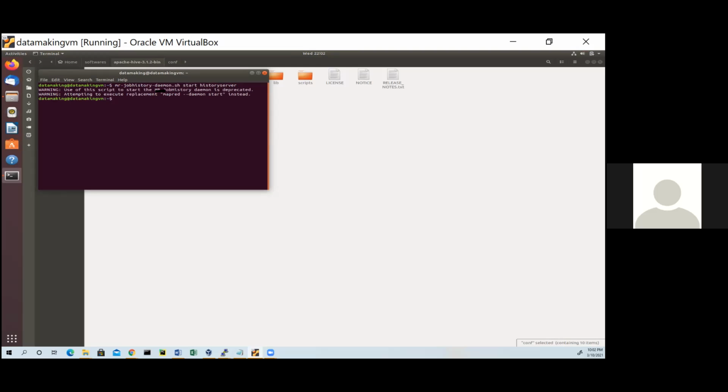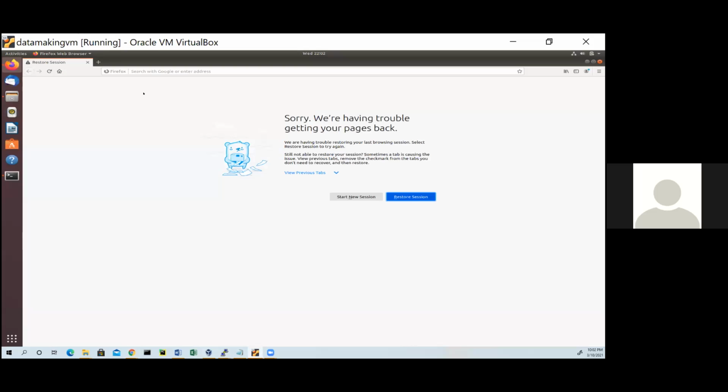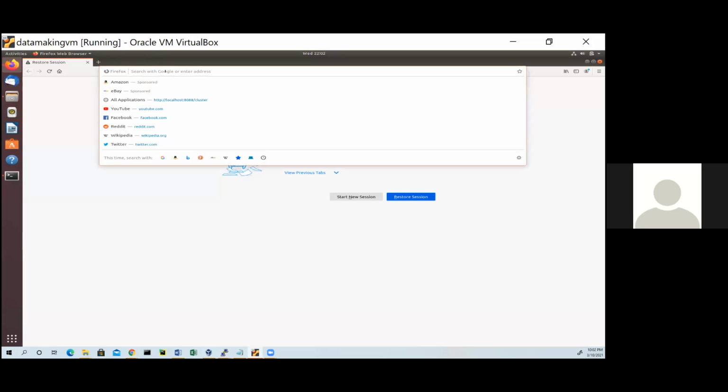Now you can open the URL. You can open Firefox. This is HDFS. The YARN dashboard is actually on 8088. Somehow it is not opening. Here you can just try localhost.